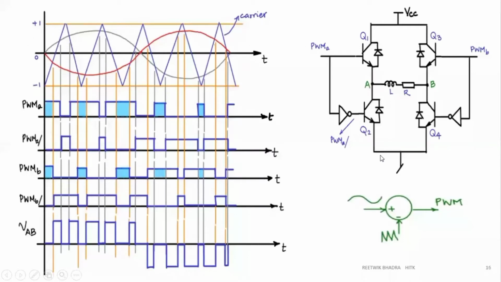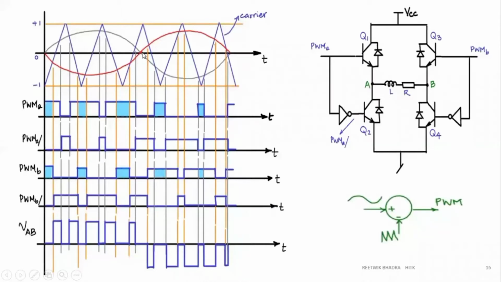So how were these pulses compared? We were giving those two signals to a comparator. So this is positive with respect to this one. If my sine is higher than this triangle wave, then my PWM will be high. If it is lower, then it will be low. So what we had to do is make some intersection points between the triangle and the sine wave. Between the triangle and sine wave, the intersection points are drawn over here. This ash color sine wave has an ash color intersection line over here, and this red color sine wave has yellow intersection points. So these intersection points are marked.